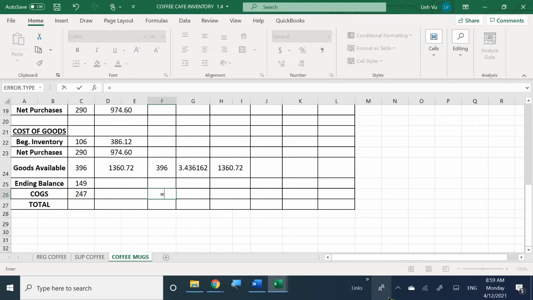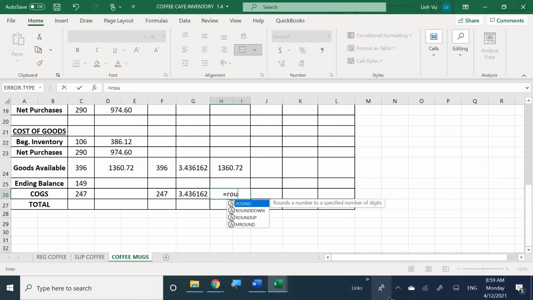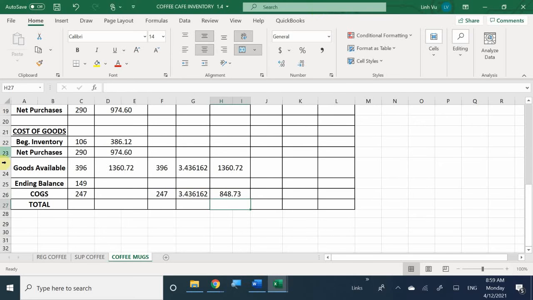So once again, I'm going to take my average cost per item. What is my total cost that I sold? How much did it cost me to sell 247 items? $848.73. Yes,